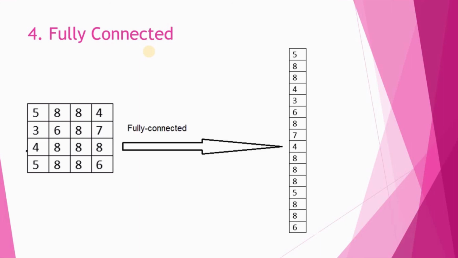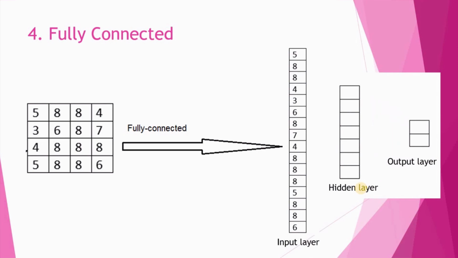Now let's discuss another step, that is fully connected. In this step, if this is our input value, then it flattens the pixel values. That is, it flattens our pixel values into one list. You can see on your screen, it flattens these pixel values into one list. And this list will be our input layer. That is, we feed this input value into our input layer. Then as usual, it gives the result after processing these values in the neural network. So this is how a convolutional neural network works.